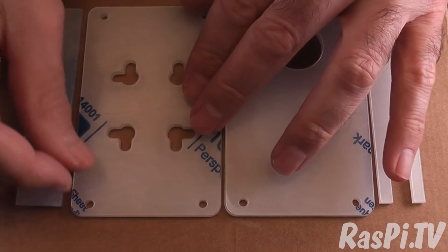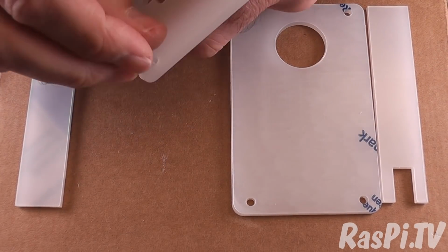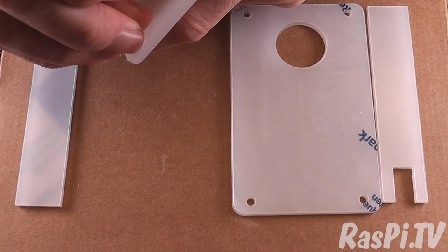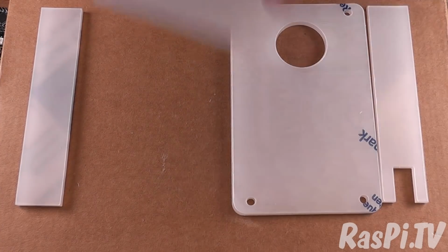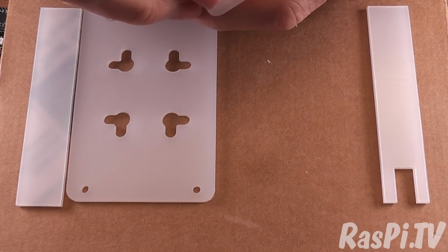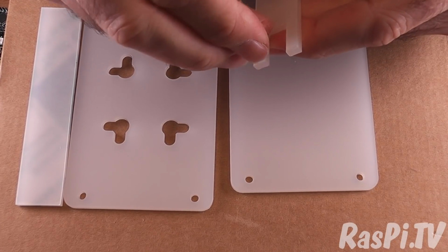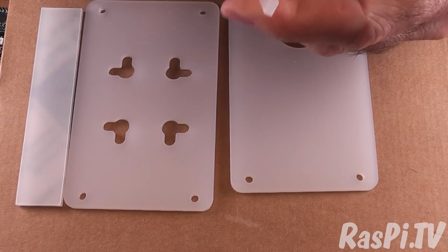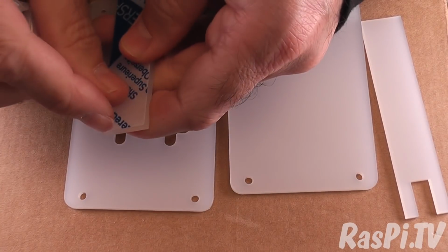The first job to do is to peel the protective film off all the case parts, because Perspex is a lovely shiny material, but it does tend to scratch if roughly treated. So it ships with protective film. It shows more on glossy when the surface gets damaged slightly. These are frosted because it diffuses the LED light very nicely,